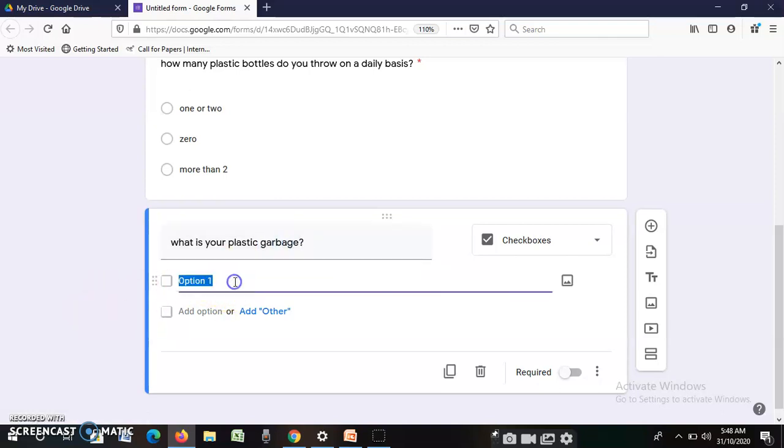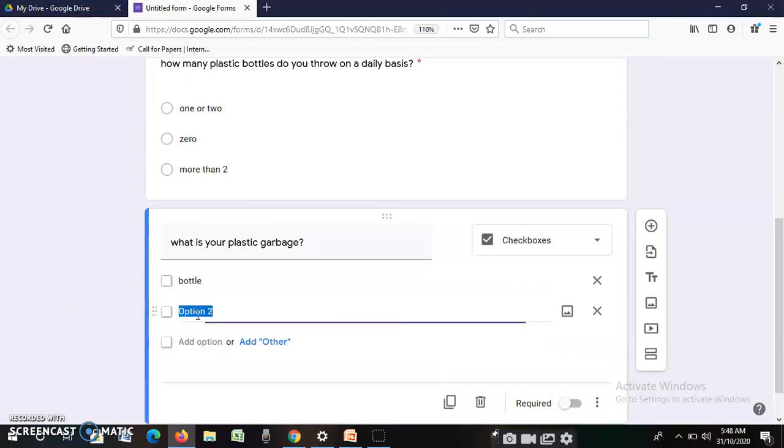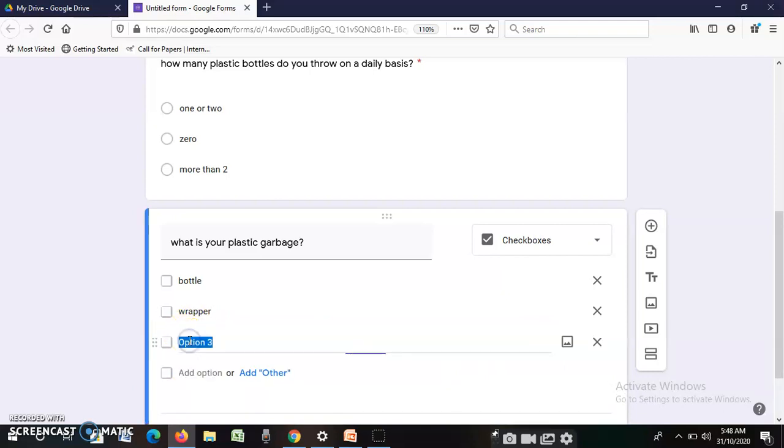So now my first option is bottles. My second option is wrapper. Then my third option is, let's say, what else? Wires. And then my fourth option can be